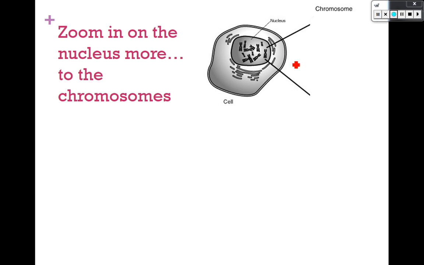So now I want to give you some terms, and this is where it's really important that you are pausing the video to write down these new things. So if we zoom into the nucleus even more, so here's the nucleus of a cell, and you can see there are these little X-shaped things. And those X-shaped things are actually two